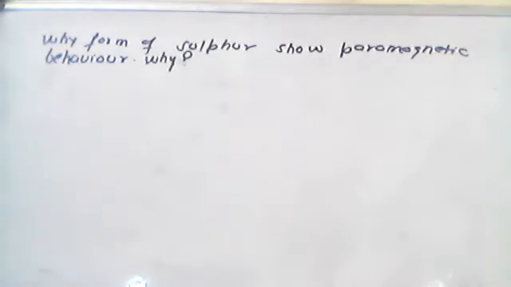Similar question we have done in oxygen also. In oxygen we have done O2, oxygen O2 basically. O2 is paramagnetic in spite of having an even number of electrons. Then we discussed why that is so. I told you because in an anti-bonding MO it contains 2 unpaired electrons. This question is which form of sulfur shows paramagnetic behavior?